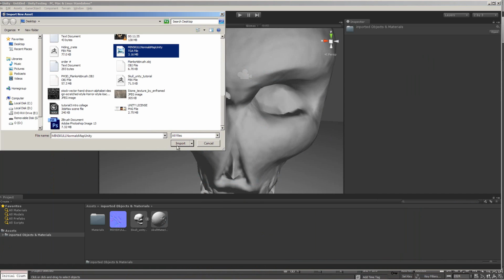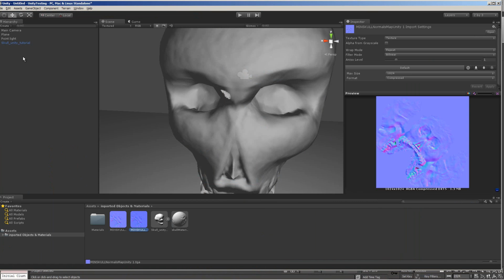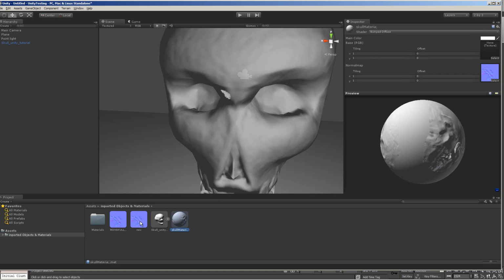Let's import the normals map. Although it was rewritten outside of Unity, Unity has still preserved two copies for us, although the initial one is already overwritten and is actually this one. So we'll call this new, and if we get our material and assign the new normals map instead of the current one,